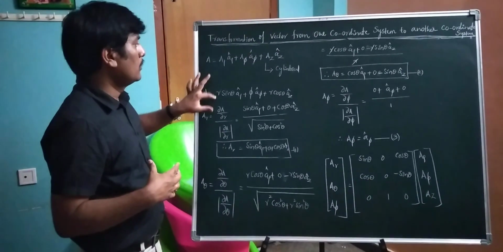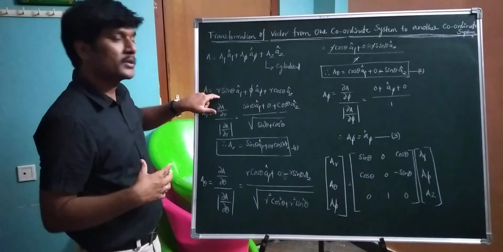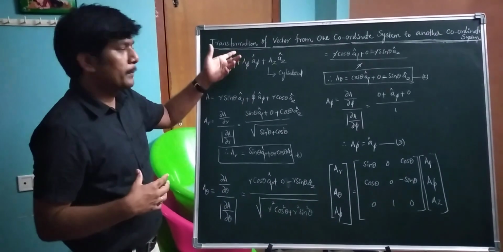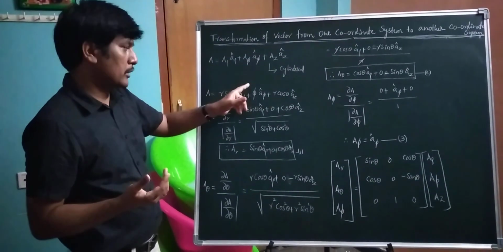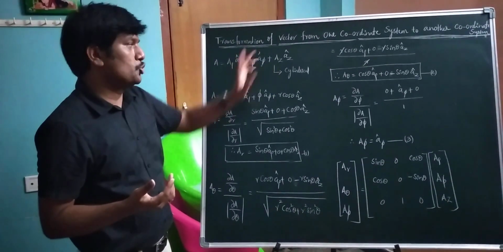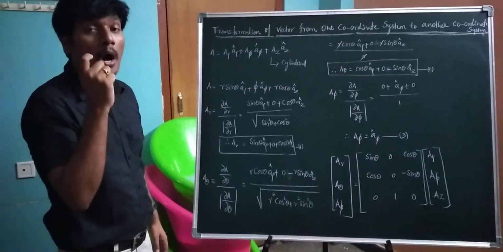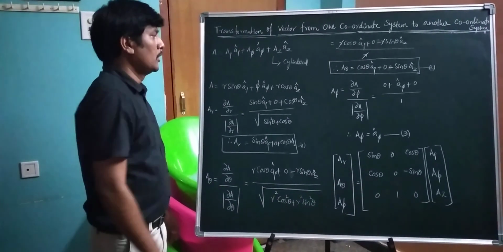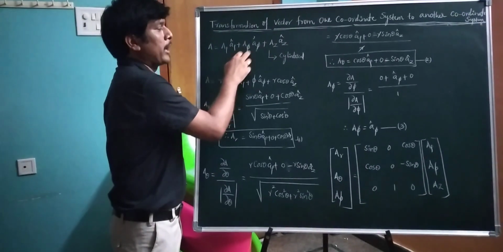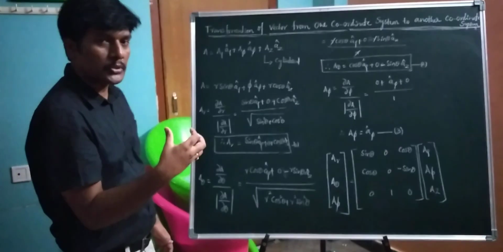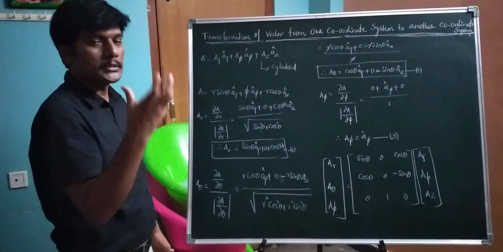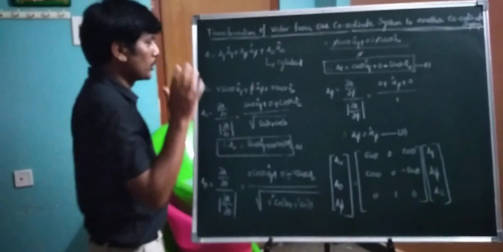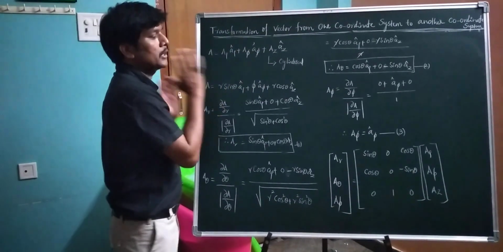In this vector, we are replacing the ρ component in terms of r and θ, where ρ equals r sin θ a ρ cap, plus the φ component, which is the same in both cases, that's why we represent it as φ a φ cap, plus the z component, where z equals r cos θ into a z cap. Once you refer to the relations, simply ρ, φ, z are replaced or represented in terms of r, θ, φ. So φ equals φ, ρ equals r sin θ, z equals r cos θ. By using those relations, this vector can be represented like this.